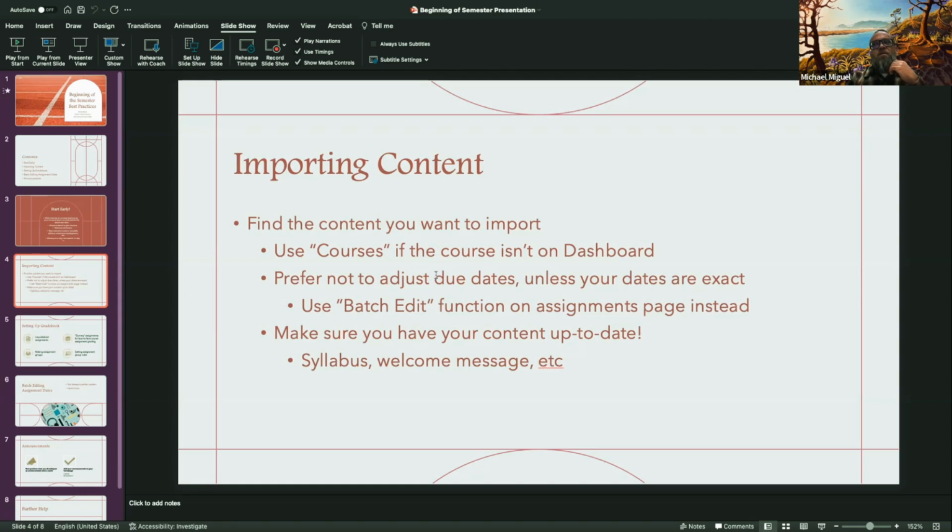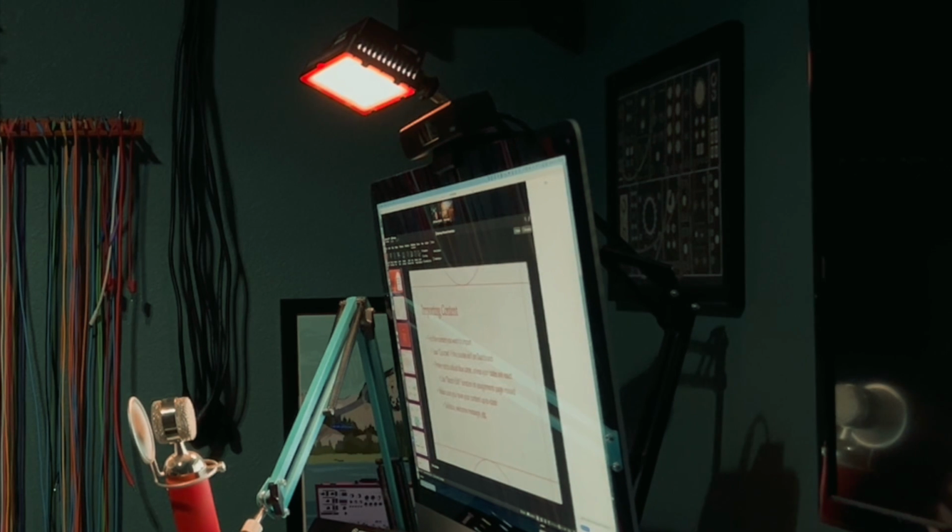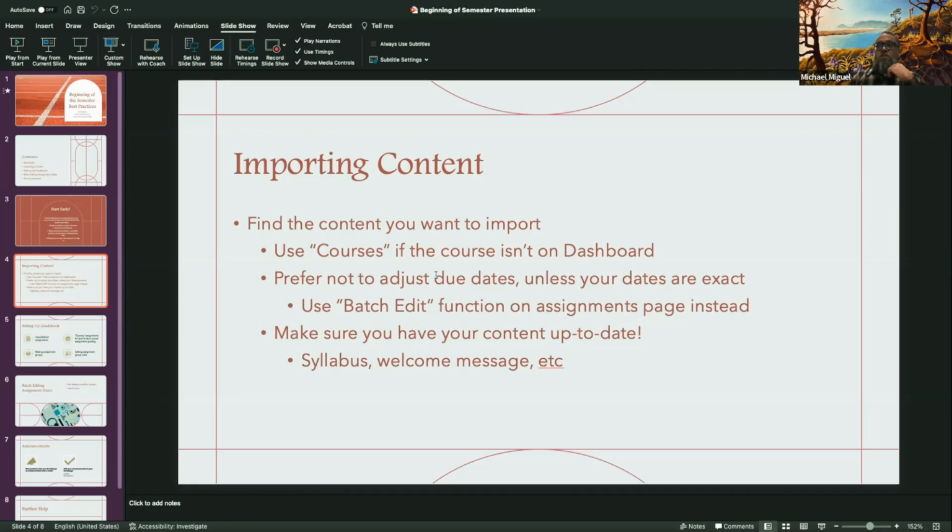And correct me if I'm wrong, Scott, but I don't believe we really have a policy for deleting old courses at this point. No, I think we keep all old courses. Yeah, so you can pretty much go back. I believe I did check that out. I just wanted to verify. I did check it out, and I think the first course I ever taught for LTCC is still accessible on Canvas for me.